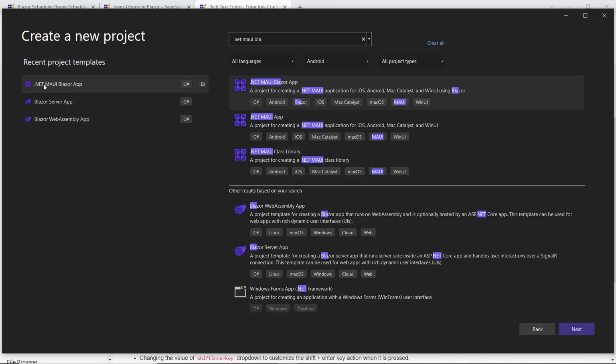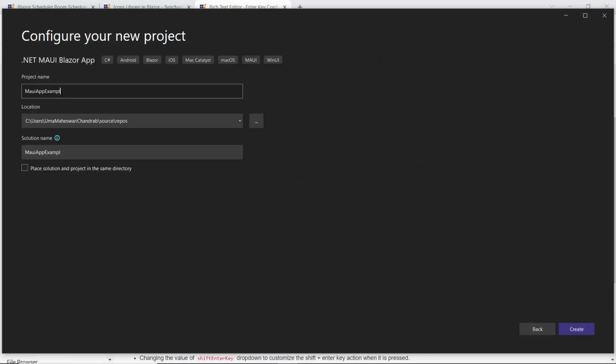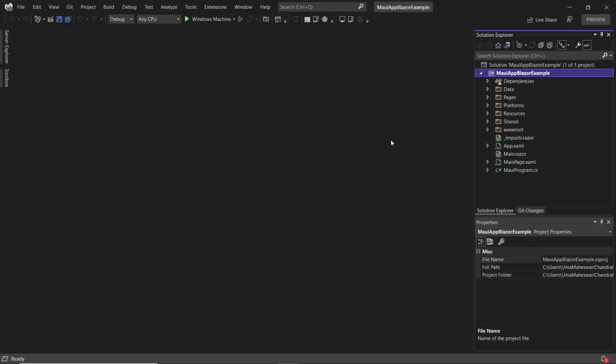This is my recently worked items, so it is displayed over here. Here you can see .NET MyUI Blazor app. Select it, click next. I'll just name it MyUI app Blazor example, and create it now. Okay, so now the application has been created.